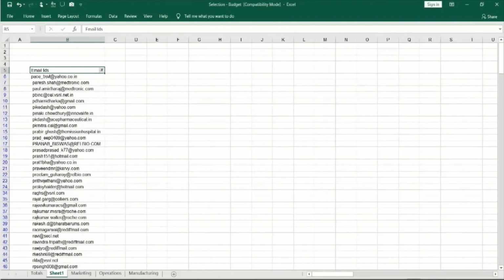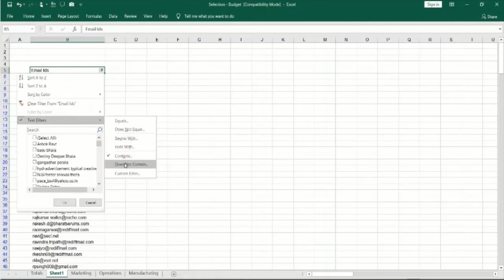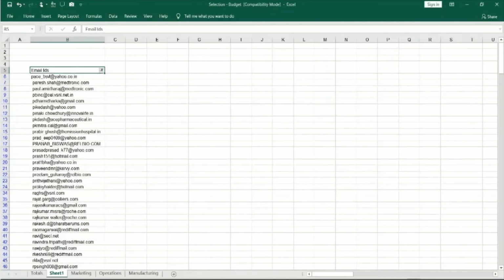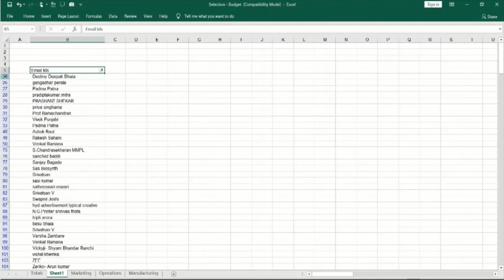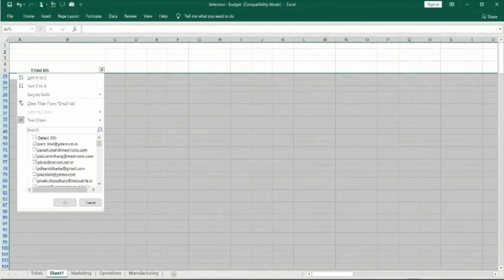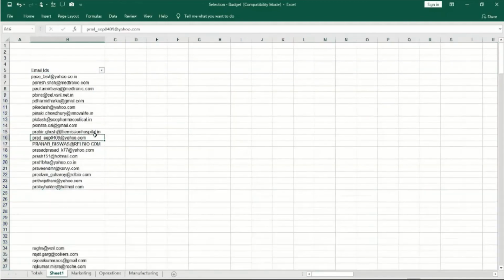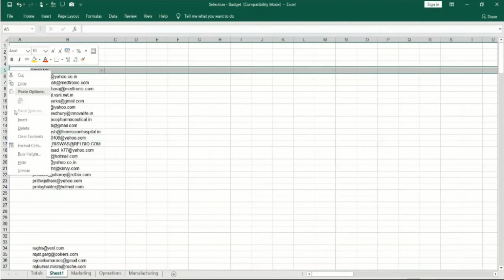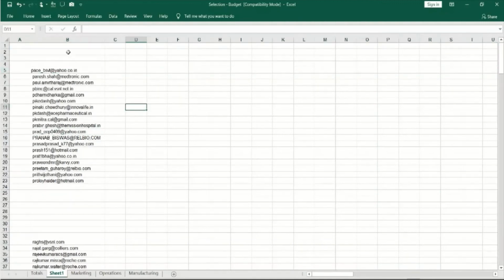You can even say does not contain. Text filters, does not contain @. So these are not email IDs. Just select and then delete. So now you will have a good list of only the email IDs.